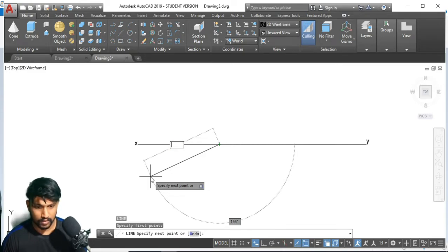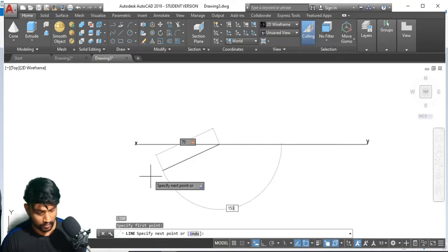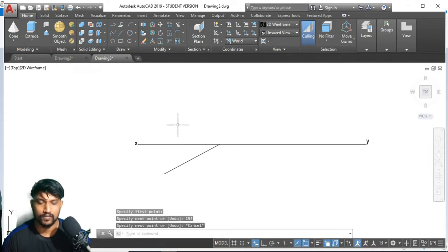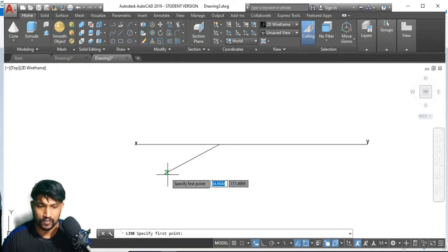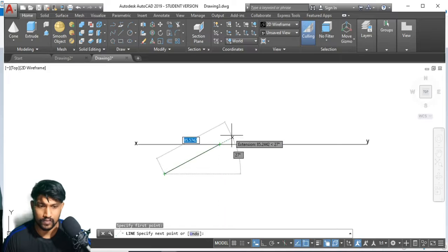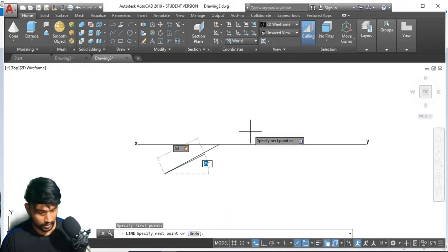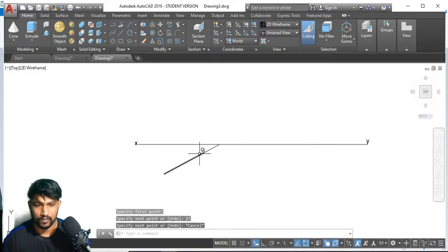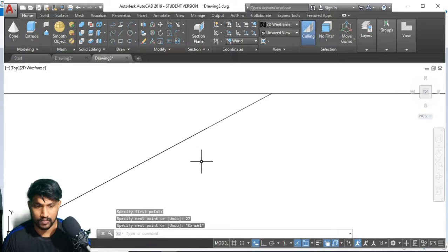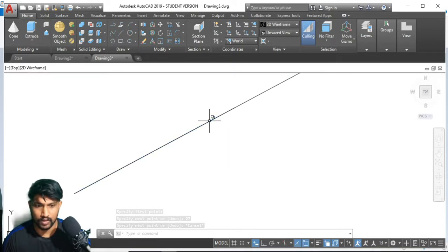So on this one, say 70 and 153. 50 and 27, yes. This is the one that we actually require.